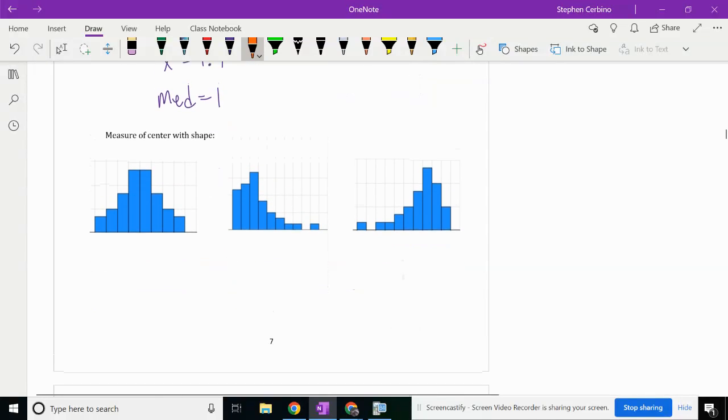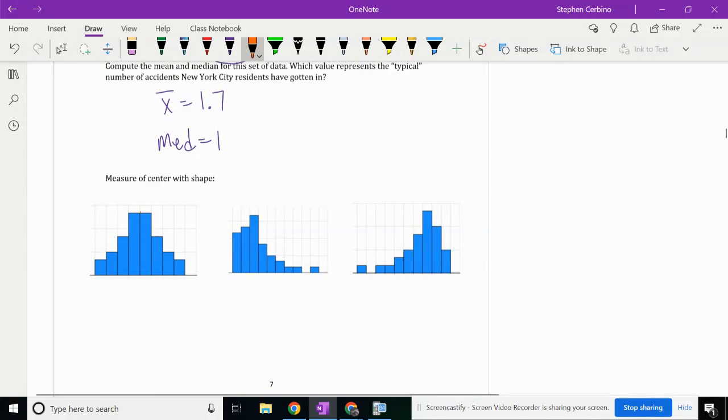So if you wanted to measure the center of your shape, right, the center of your shape here, that would be the center of your data. Normal curves, the center is right in the middle. When you have graphs that are skewed left or right, the center is going to be slightly towards where the higher bars are going to be, but being pulled towards the middle slightly, right? So like the highest bar here, that's the highest bar, so the center is going to be slightly skewed to the right here. This is the highest bar, so the center is going to be slightly skewed to the left there. That's all you really need to know about the skewed